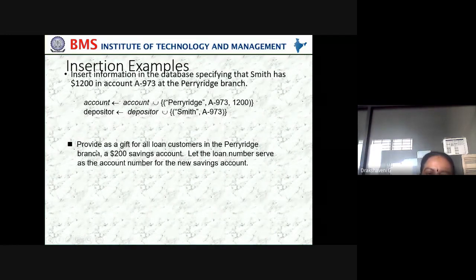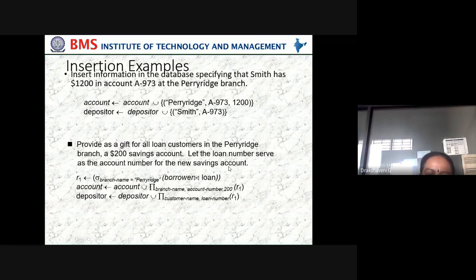In the same way, provide as a gift for all loan customers in the Perryridge branch $200 in a savings account. Let the loan number serve as the account number for the new savings accounts. So now what do we do? Select branch name equals Perryridge, borrower join loan.